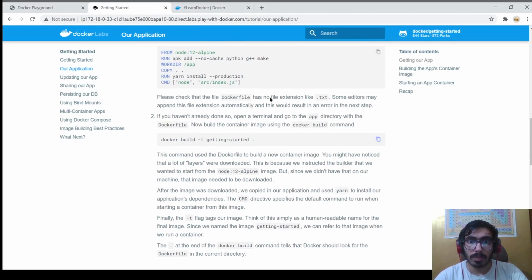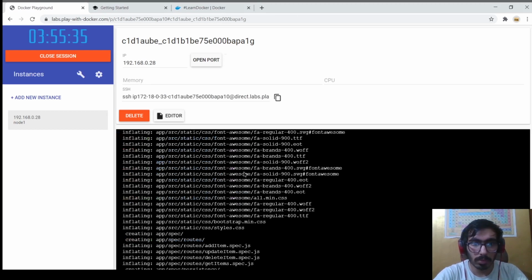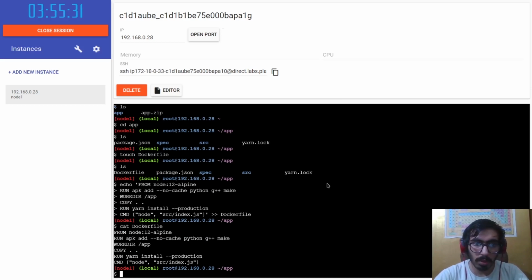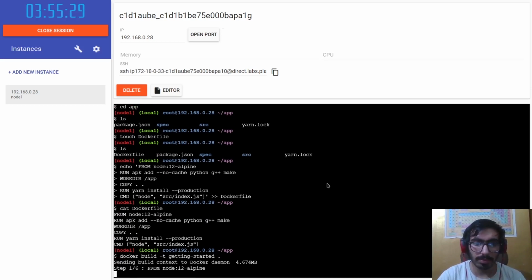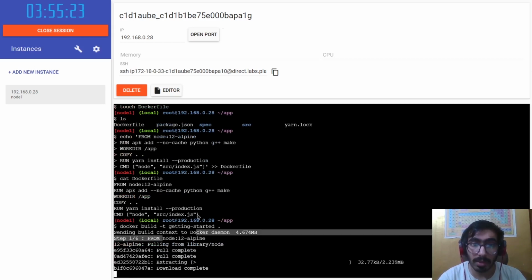Now here we have to create a docker build command. Oops. Yeah. Now let me do the docker build command. Now it's building everything, as you can see. It's pulling the data from node 12 that we defined right here.